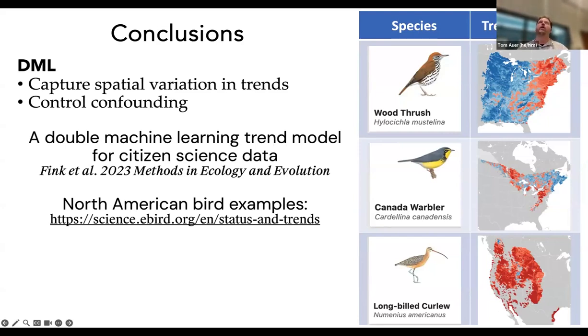We don't include things like a bunch of the effort information and some of the fine resolution stuff like weather data in those models. It's generally seeming to be not good to have some of the interannual varying stuff in the propensity model as you do in the trend model. So in the trend model, we're really focused on putting the habitat features that are going to be relevant to the changes in the birds so that we can understand that spatial variation.